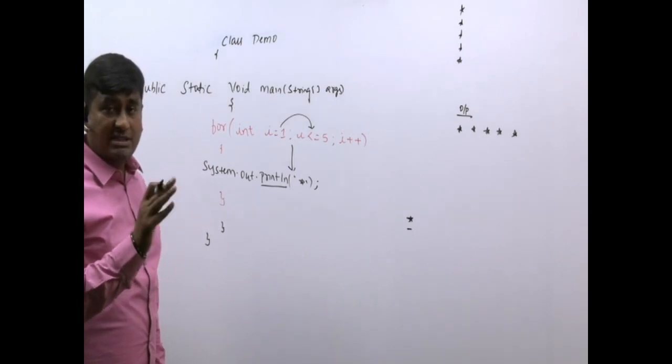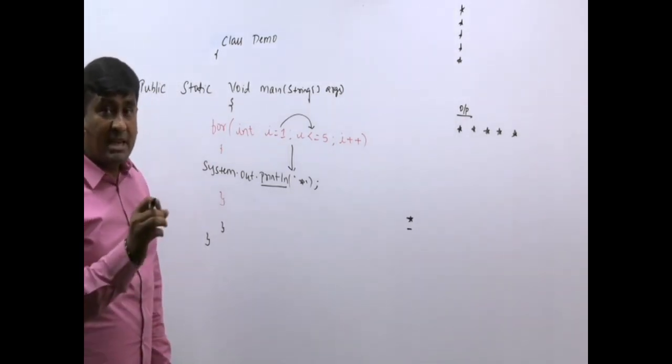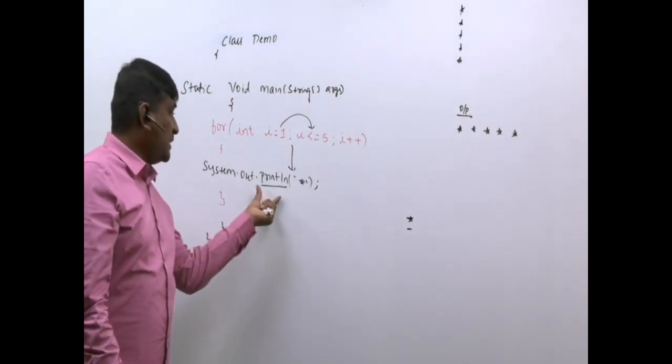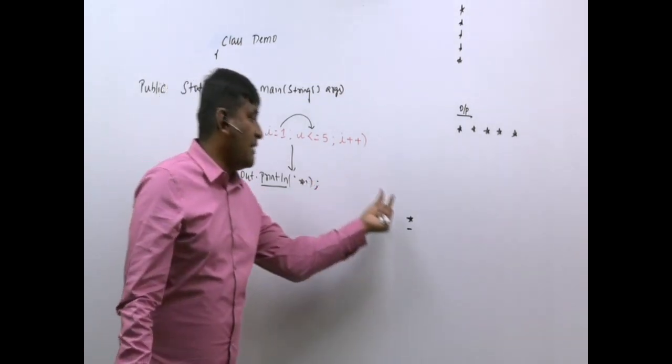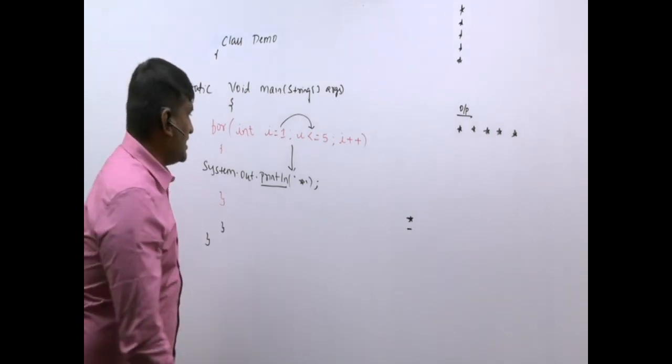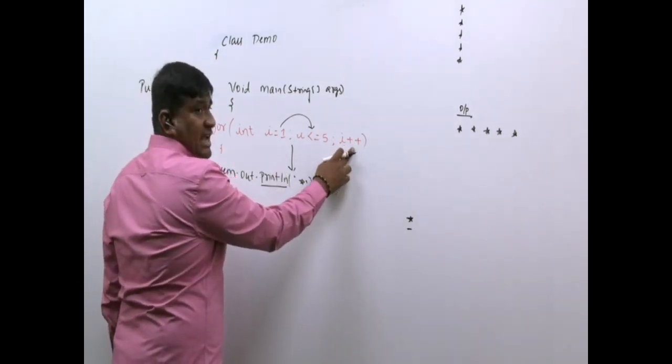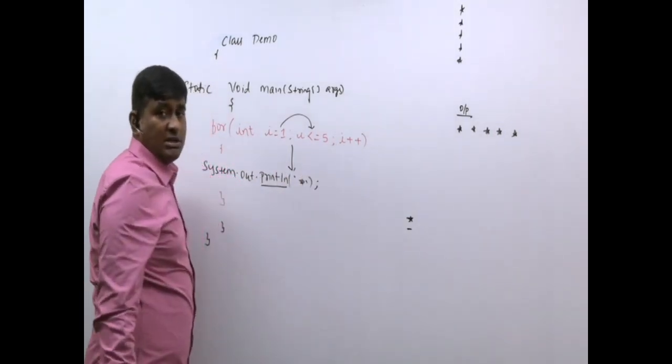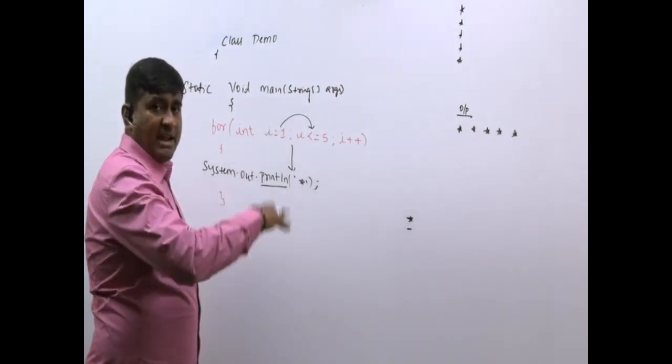I will show you when I execute, that cursor. One blinking cursor will be there. So whenever you use println, whatever it wants to print, after printing that, the cursor will go to the next line actually. Next, what, sir? Next again, incrementation will happen. So I value will change from 1 to what? 2.